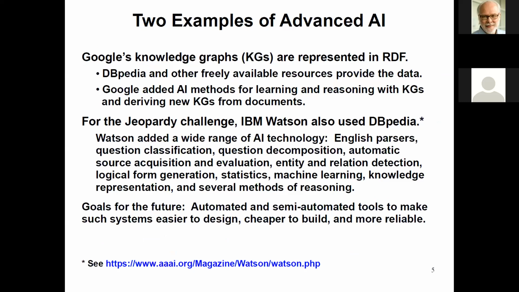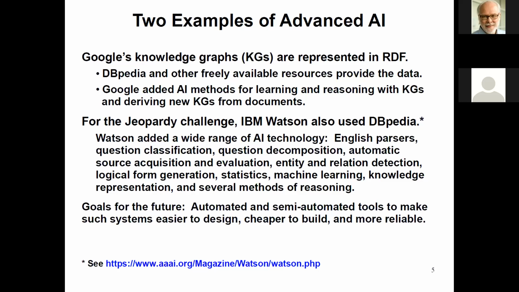And for a couple of examples, I mentioned that there's new work being done on knowledge graphs, and the term knowledge graph came from what Google had been doing, in which they had used a wide variety of resources, DBpedia, Wikipedia, and the most advanced AI methods that they had available. For the Jeopardy challenge, IBM also used DBpedia and Wikipedia, but they had an even much wider range of AI